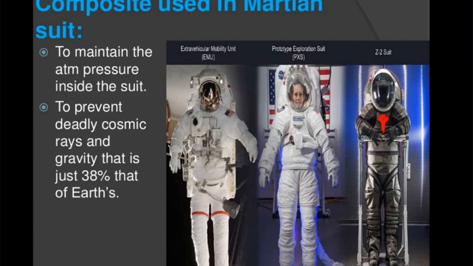Composites are also used in the Martian suit. These suits are made up of composites to prevent deadly cosmic rays, and because gravity there is just 38% of the Earth's, to maintain the atmospheric pressure inside the suit. So that's